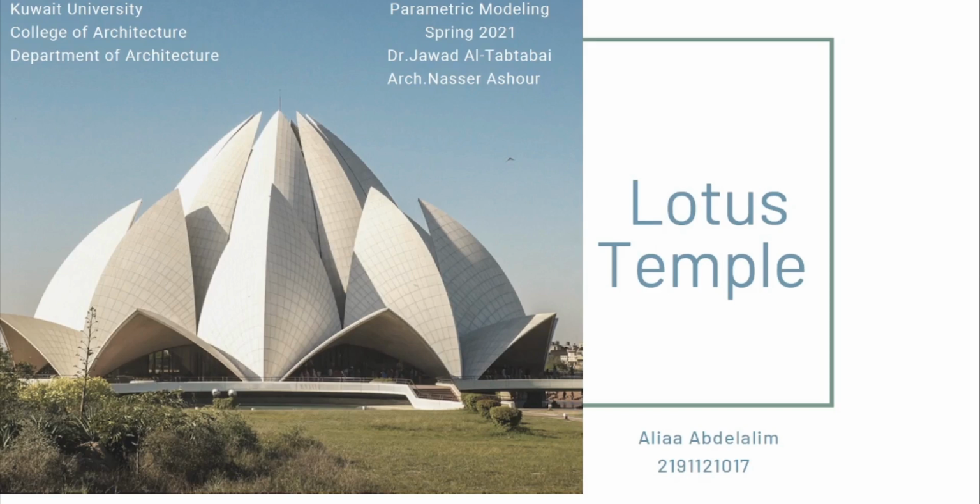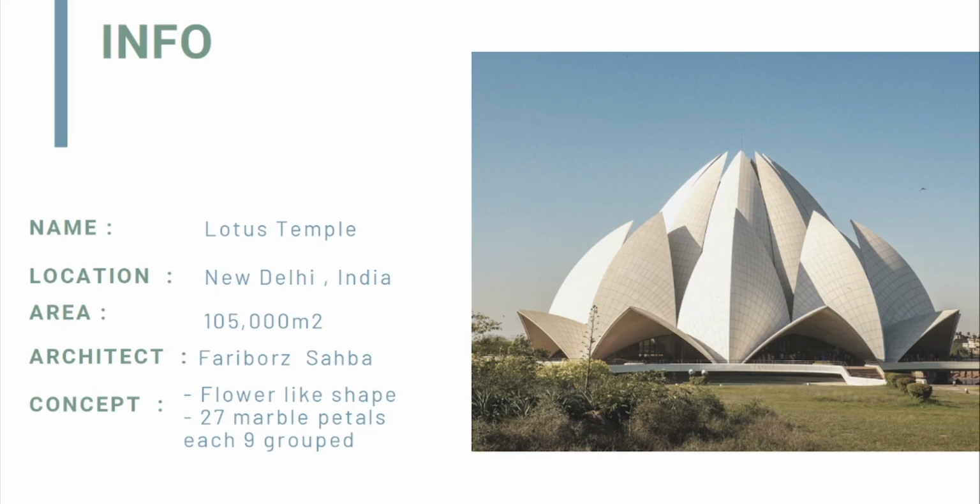Everyone, my name is Alia and today we're going to be discussing the process of generating the Lotus temple using Grasshopper. So a little bit of a background about the building. It's located in New Delhi, India. It's designed by Fariboz Sahba and its concept was basically to create a building that has a flower-like shape, like the lotus flower, and it consists of 27 marble petals that are grouped in 3 groups, each group containing 9